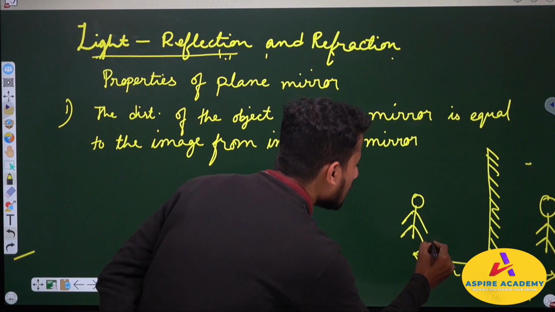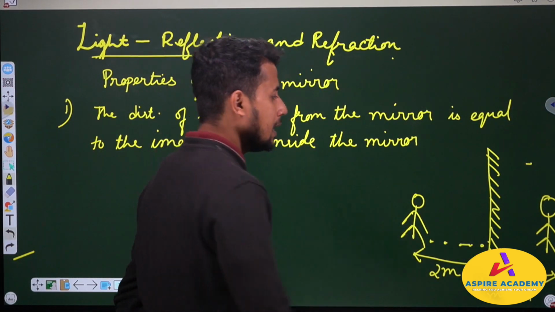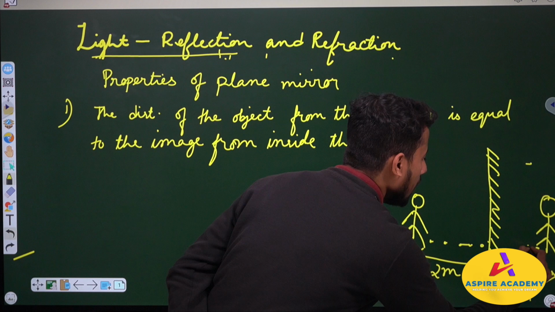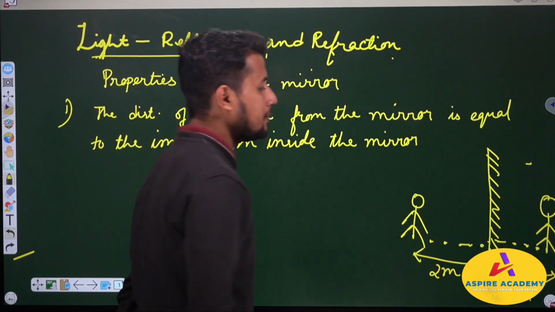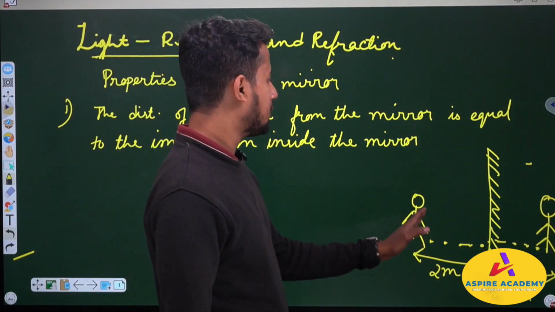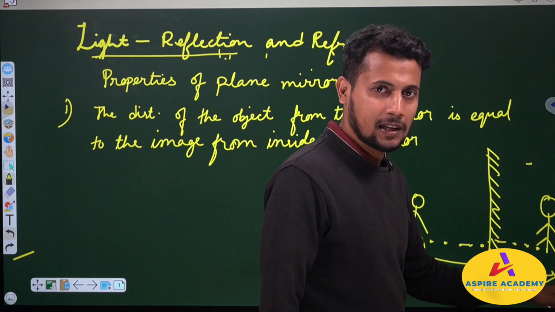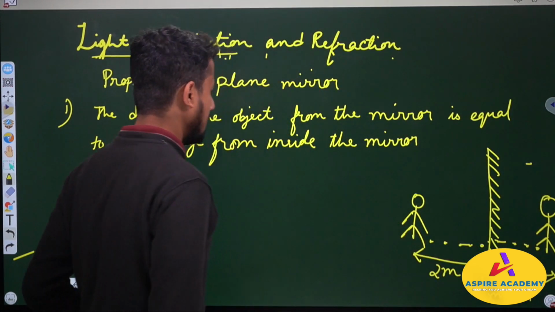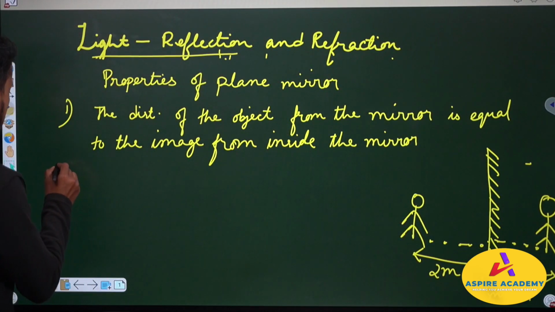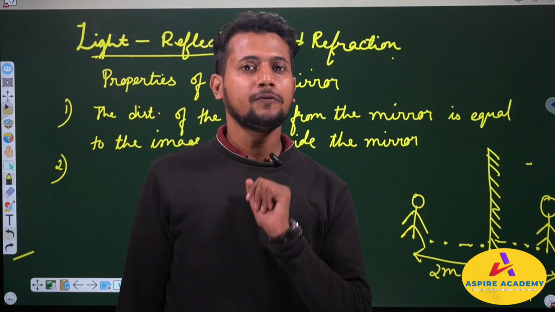That means if you walk 5 steps towards the plane mirror, your image will also walk 5 steps towards the plane mirror. Okay, so the distance of the object from the mirror and the distance of the image from the mirror, that is inside, are equal, are the same. Alright. Next, the image formed